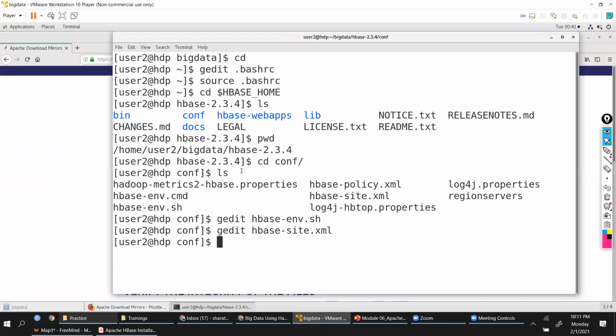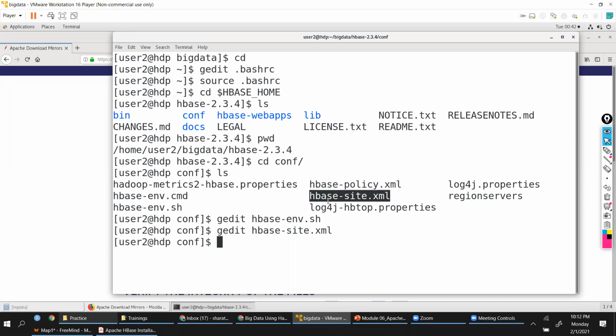Download, extract, place it in a specific location, go to bashrc, update the path variable and classpath variable, come to the configuration folder under HBase, edit the hbase-env.sh file. Even if you don't edit, that's absolutely fine because it is going to pull the values from bashrc.